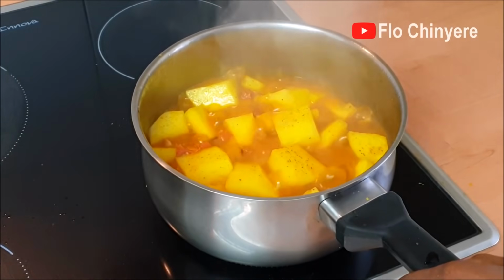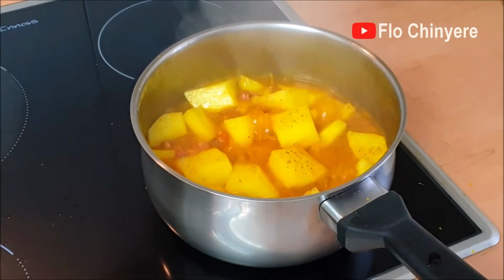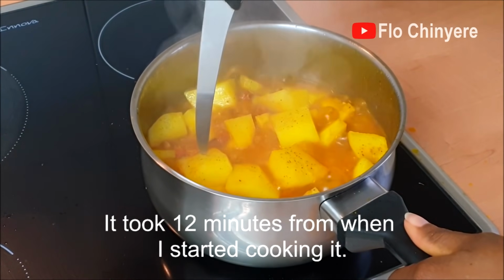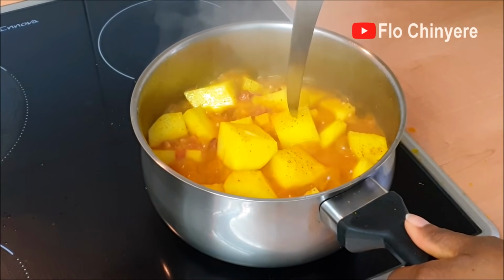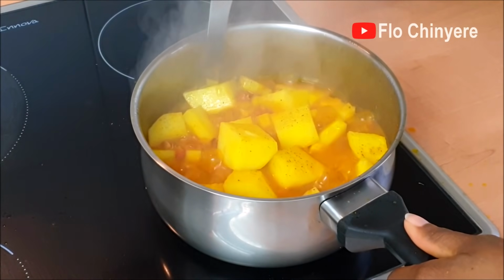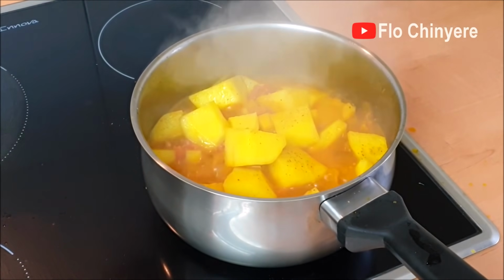Woo! You see that it's thickening. This is how to check if the potato is done. The knife goes into it easily. It's done, without resistance. You can reduce the heat to medium now